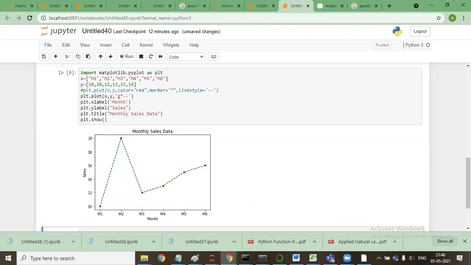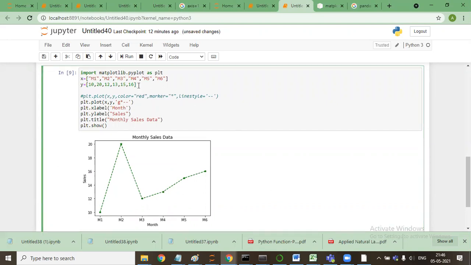So now the thing is, I'll say y1 is equal to 100, or I'll say 20, 50, 60, 65, 54, 34, and say 45.